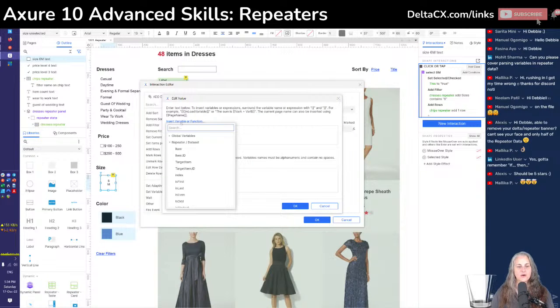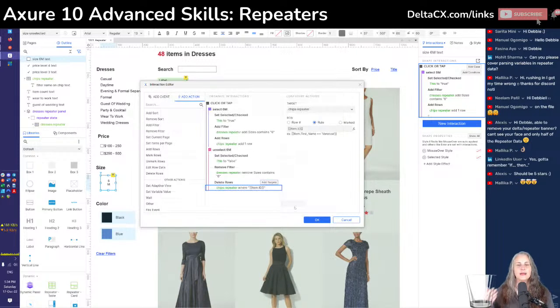So we need to find our column, which is called item.id. We could have named it item.name or whatever. In the chips repeater, everything is item.id. That's it, I didn't name it anything else. But you can see down here, they're giving you a clue of the syntax, the way this has to be written to function correctly. If item ID equals apostrophe, so a single quote, that's not a double quote or a full quote or a virgolette. This is a single quote,